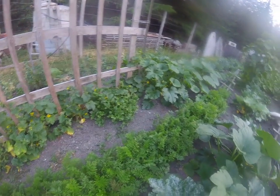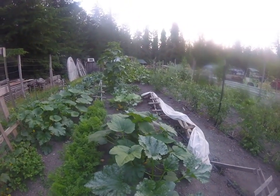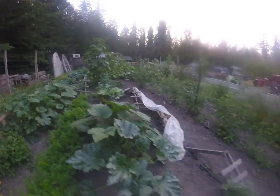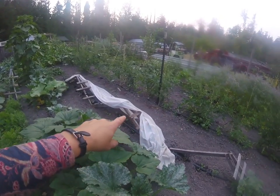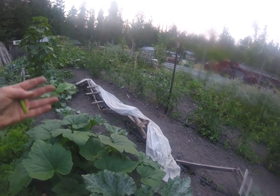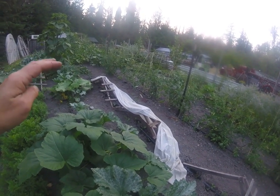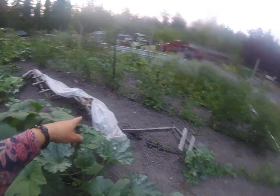Yeah, and so that's where we're at. So I'm going to grill this zucchini and onion with some ribs and upload this video. Thank you. Oh, yeah, I have all this covered because I transplanted in some Chinese cabbage, which I thought the seeds were Napa cabbage for fall, making kimchi. And, you know, just because of the weather, I wanted to shade it. So I made these garden vegetable